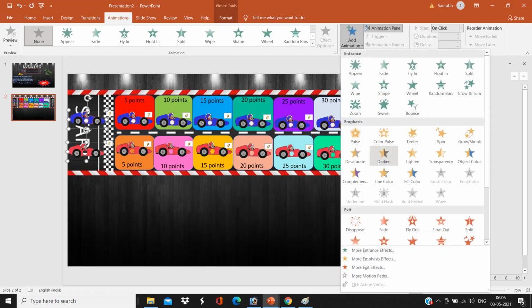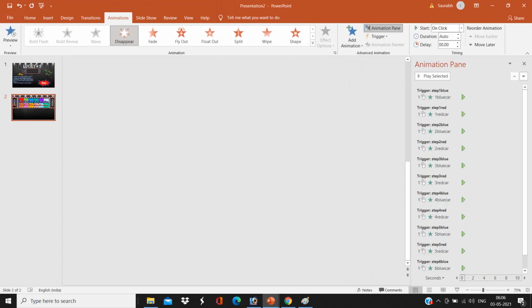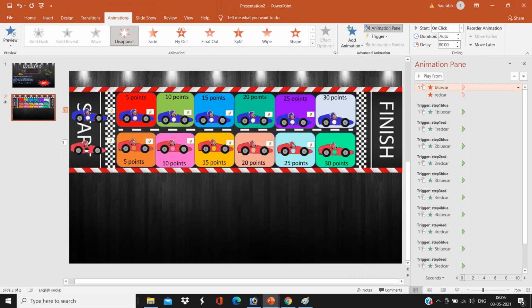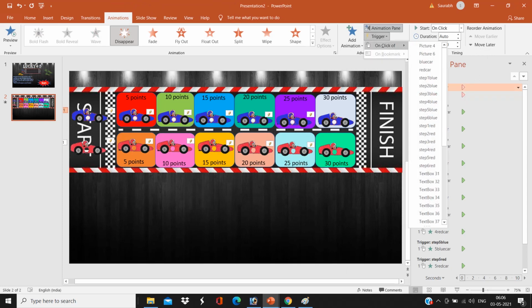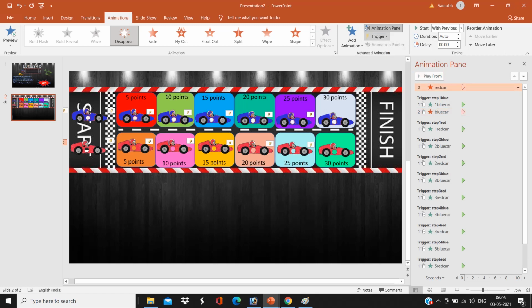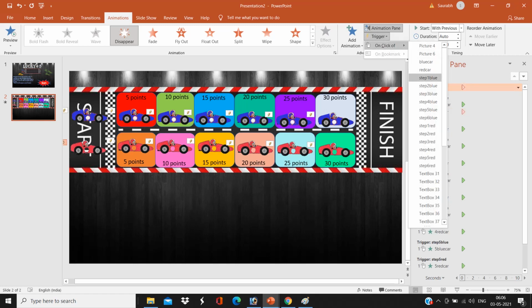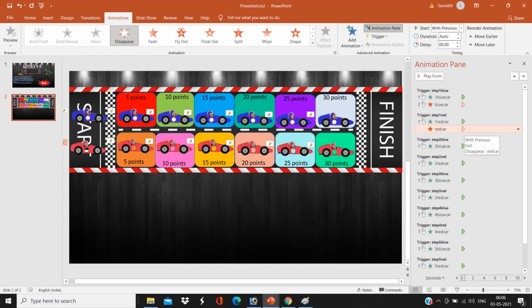After that, I am selecting the 2 cars which are on the start line and I am giving the animation disappear, and I am giving the trigger step 1 blue, and to the next car, red car, step 1 red. Why am I giving this?